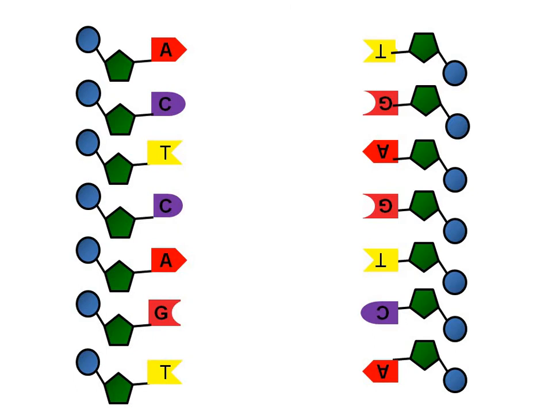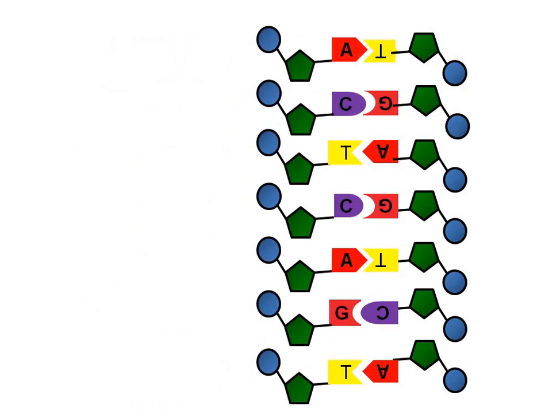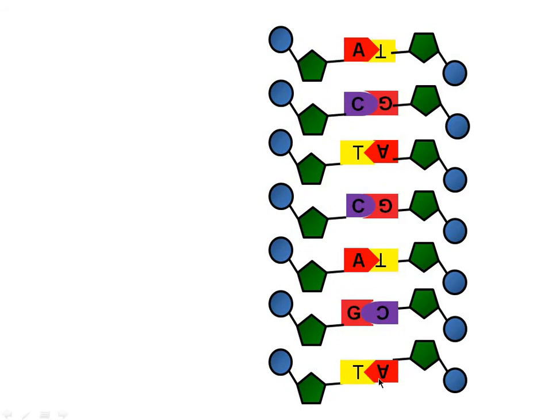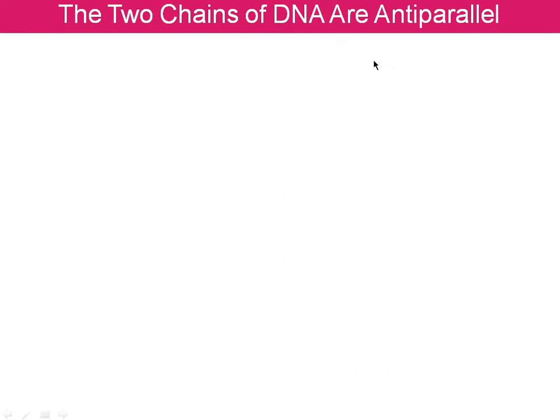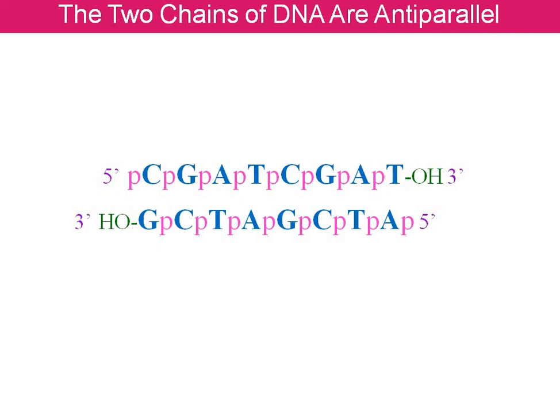Because of the complementary pairing, we can easily say the amount of adenine is always equal to the amount of thymine. Here you can see adenine molecules are 1, 2, 3, 4. Similarly, thymine are also equal. Now, the two chains of DNA